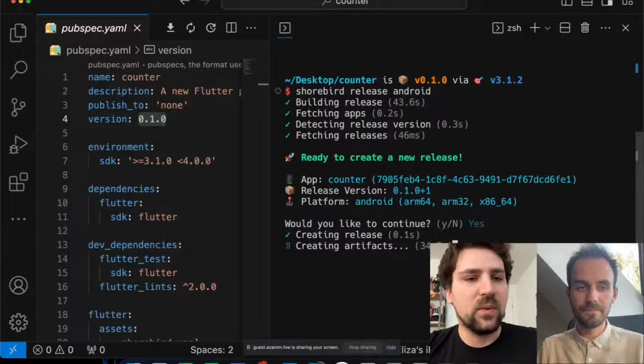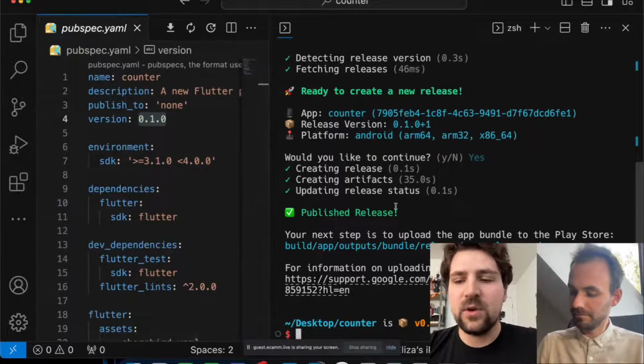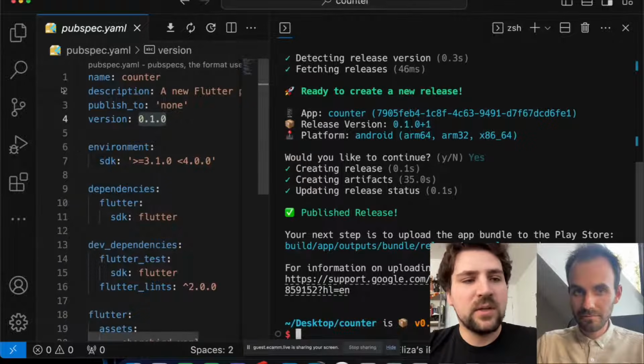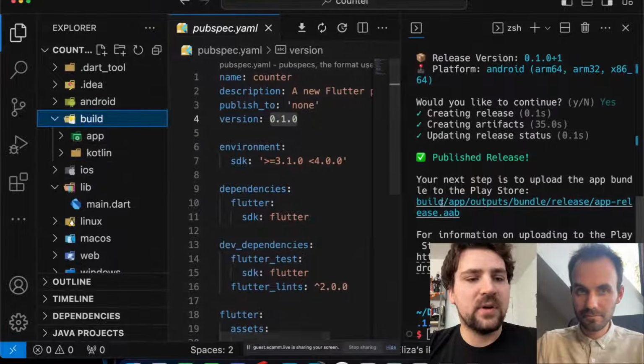And yeah, once this is done, there we go. You should see some instructions. So normally, as I mentioned, you would create a release right before you want to submit to the App Store. So if I go into my build folder, you can see here it tells me